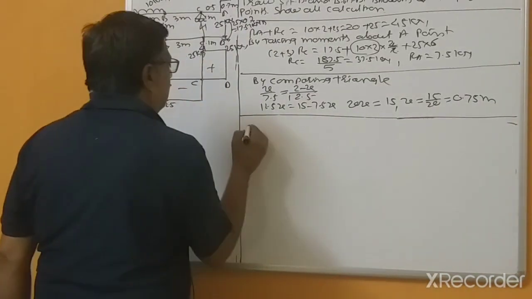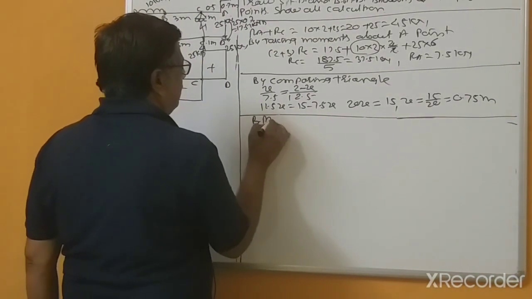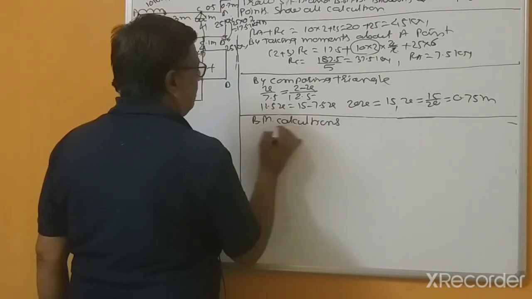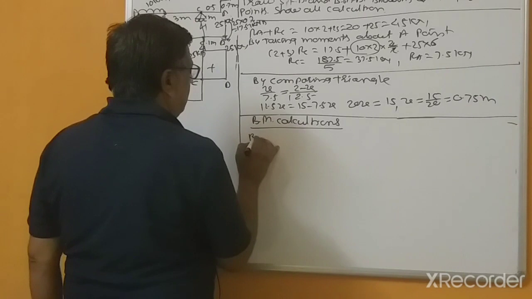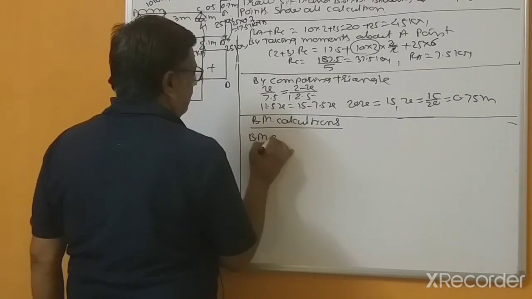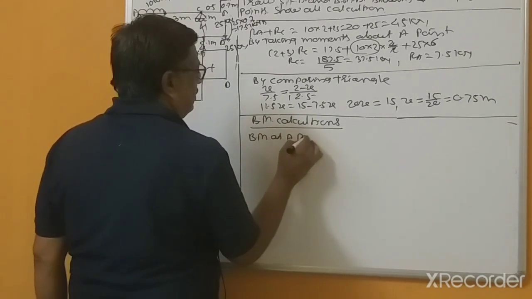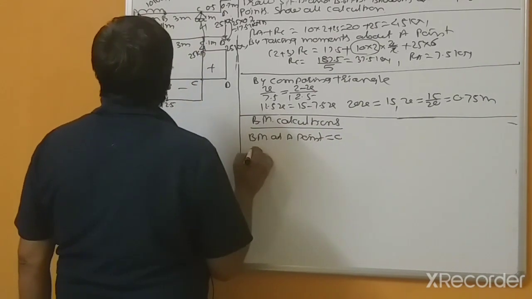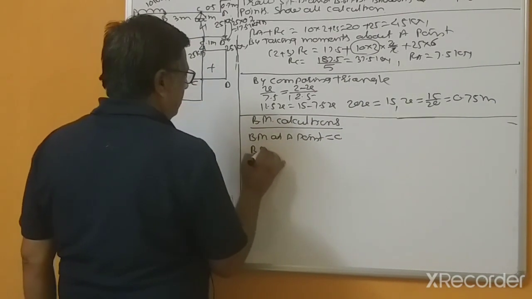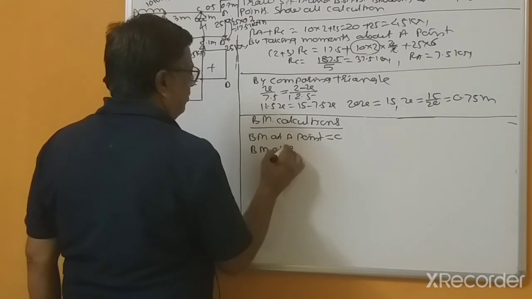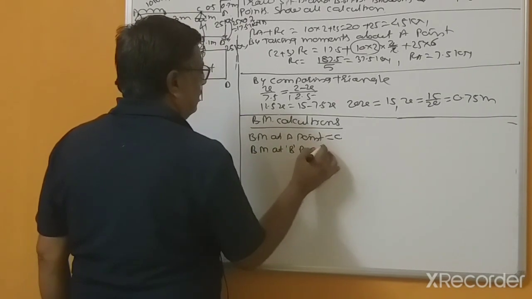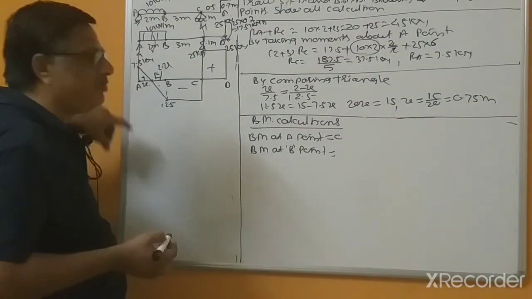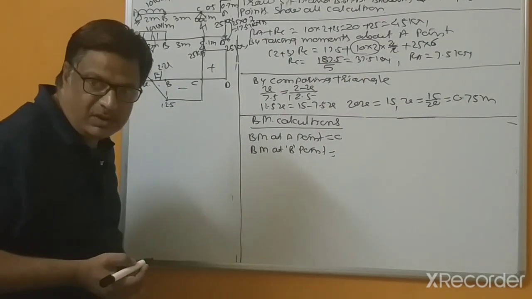Now the bending moment calculation. So the bending moment at the end points equals 0, and next the bending moment at B point. The bending moment at B point equals, this is anticlockwise moments. So for anticlockwise moments, distance equals